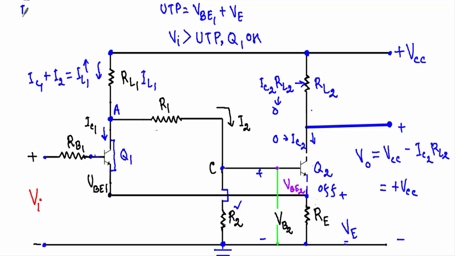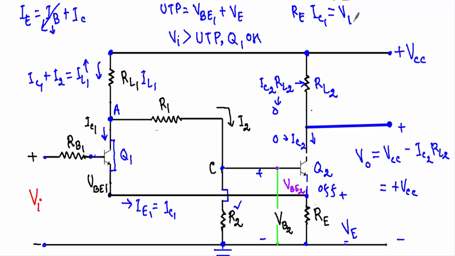We know that the emitter current of a transistor, IE, is equal to the sum of the base current and collector current. The base current is negligible compared to the collector current, therefore I can neglect the base current. So IE will be equal to IC. Therefore IE1, the emitter current of this transistor, will be equal to IC1, and as there is no incoming current from this direction, this IE1 or IC1 will flow through this RE, and it will create a voltage drop across the RE resistor, IC1 RE,